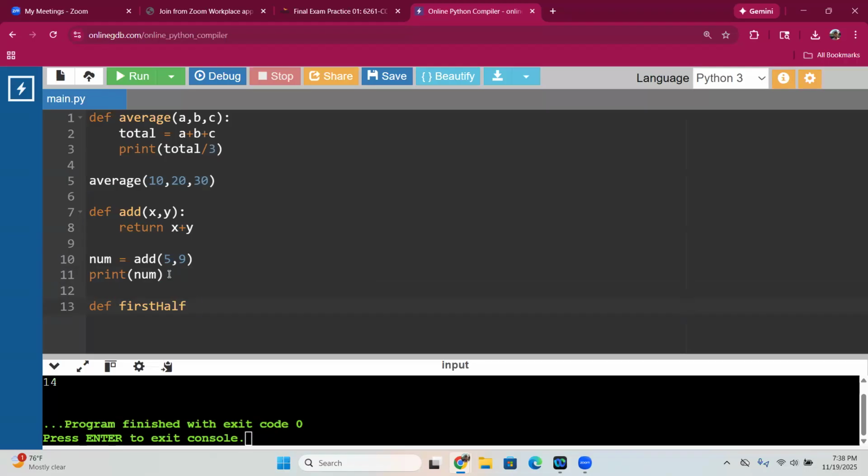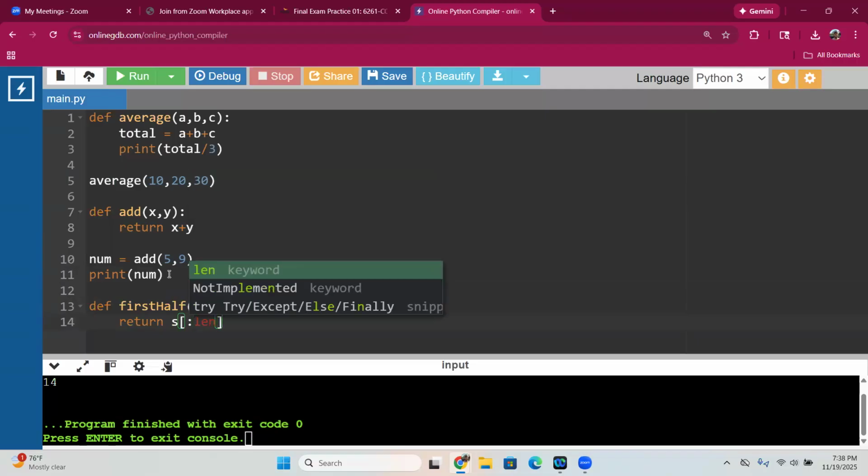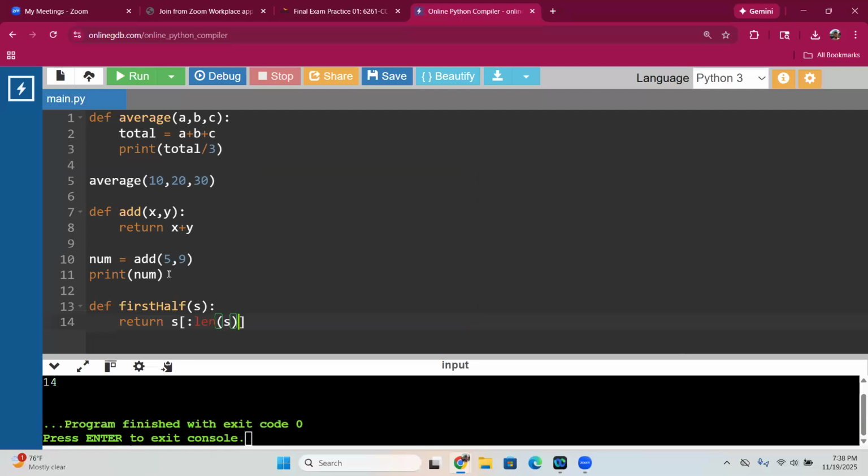It takes a string S, and then it returns S, starting from 0 until the length of S divided by 2, for example. So if I print, and then call the function first half, and I put computer,